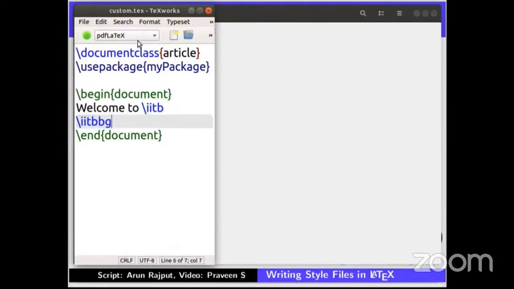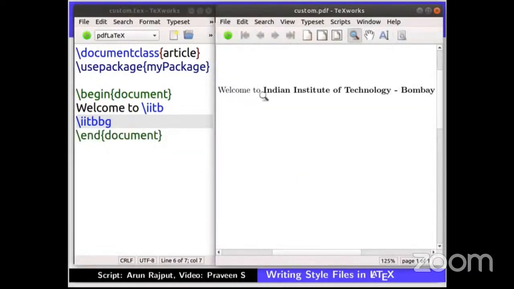At the top left in the drop-down, select PDFLaTeX if not already selected. Then click on the green arrow button to compile the file. On compilation, we get the PDF output on the right. Come back to the